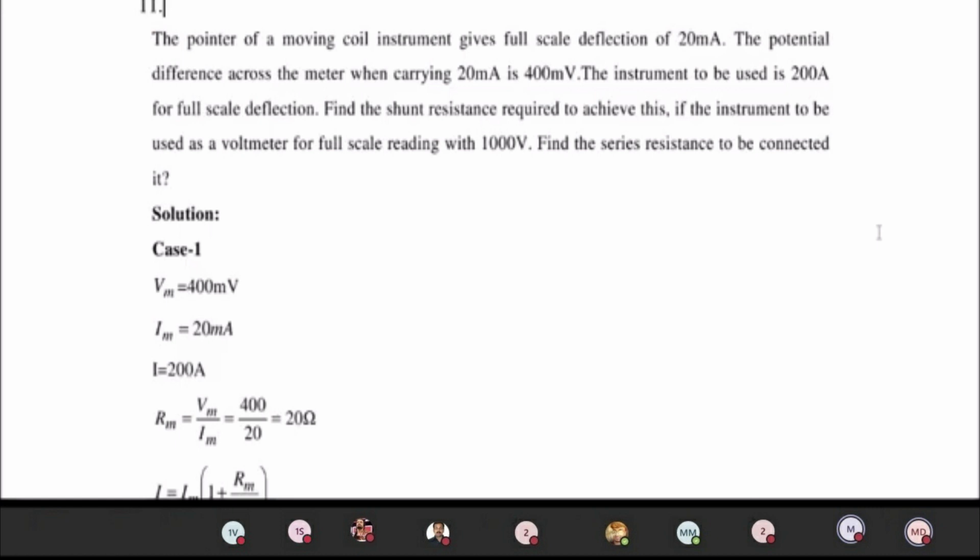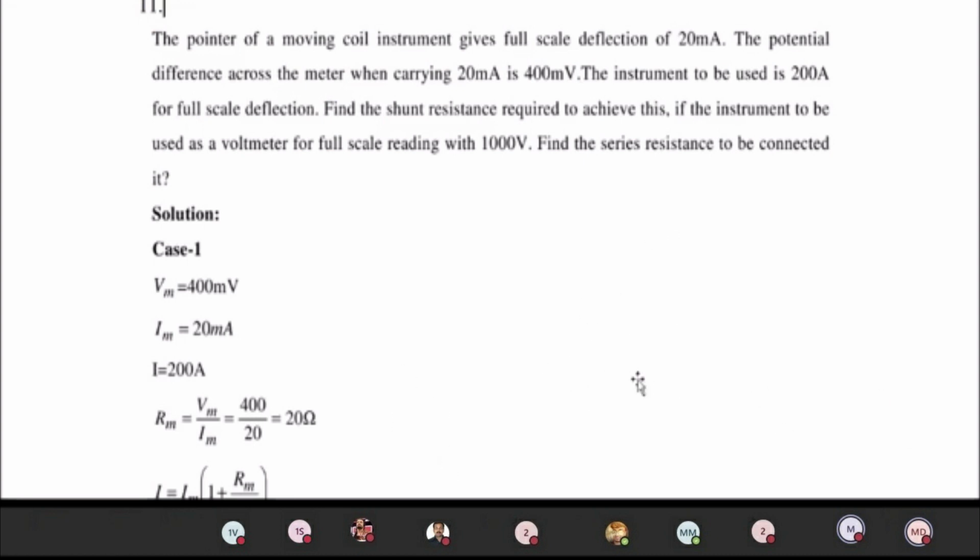One is the full scale deflection has been given. Initially it is acting as an ammeter. How we have found it is, we have the clue. If resistance is connected in shunt with the meter, it will act as an ammeter, and if the resistance is connected in series, it is going to act as a voltmeter. This is the general thing you would have noted down in the theoretical part itself. Okay, the data are given. With these ideas we can find how to convert the ammeter into a voltmeter so that it can measure up to 1000 volt as a full scale reading.